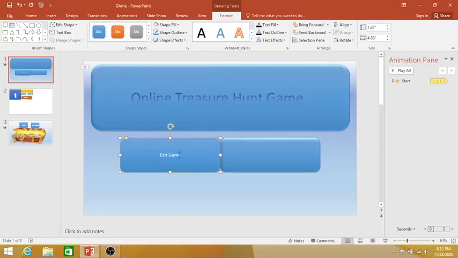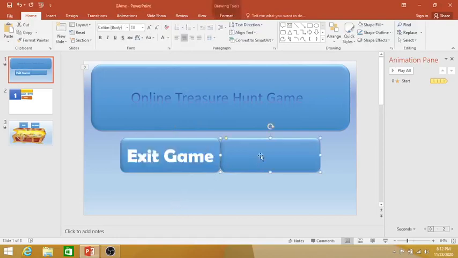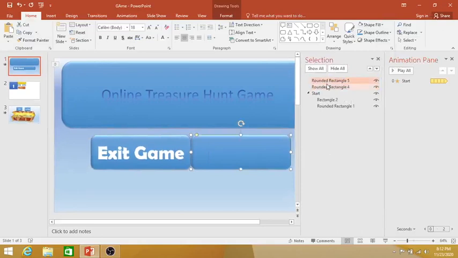So here you write exit game, and then go to home, change the font style to Berlin Sans, increase the font size to fit the particular rectangle box. And then you have to do the same thing over here, but then here you need to write, go to selection pane, and then you have to rename this rectangle as exit